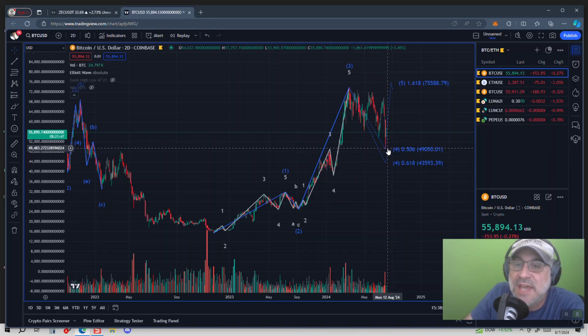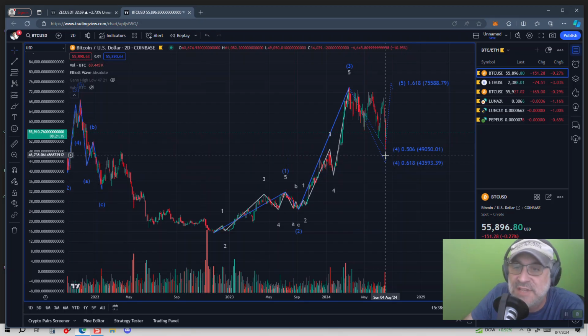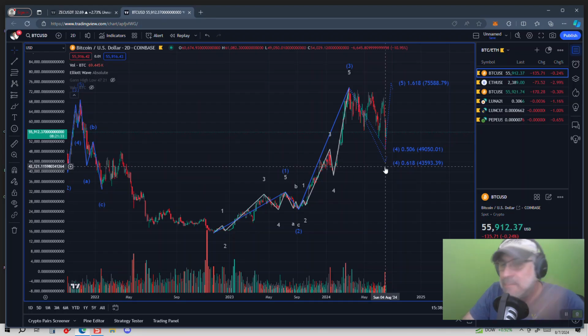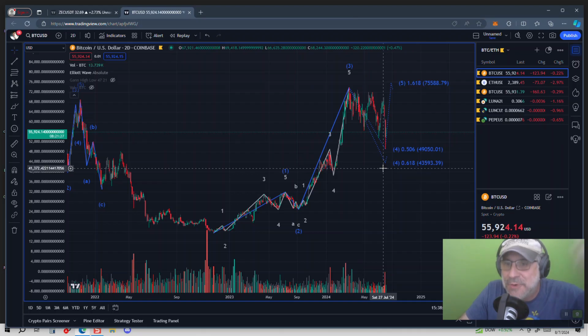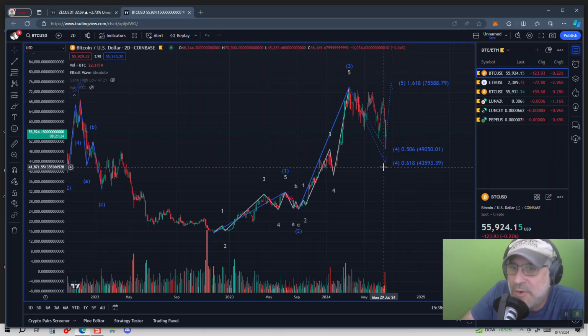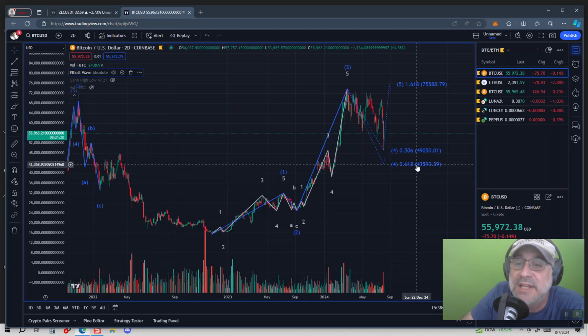And so saying that the 4 can either bounce here at the 49,000 point, or remember this was the trading range support line that we drew off the AR back on that first micro rally, or the micro cycle rather. And so it could go all the way down to there. The 4 can go all the way down to there and bounce,